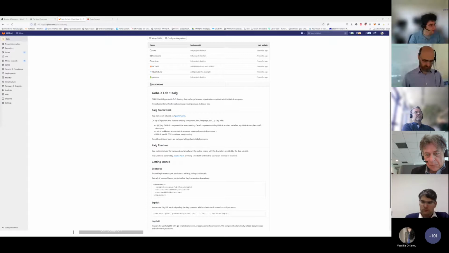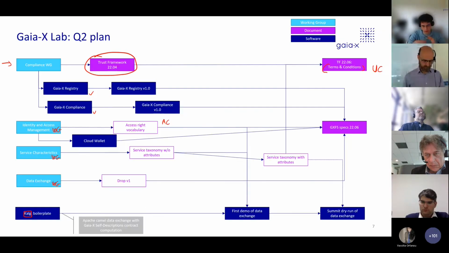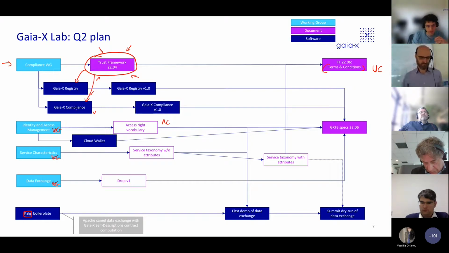The main takeaway, if that was a bit unstructured for you: we have the trust framework document, which is very important, that is being developed and operationalized using two services, the registry and the compliance. By registry and compliance services, I mean that you will have registry.gaia.eu and compliance.gaia.eu as web services running, and that you can use through an API. That's the first block.